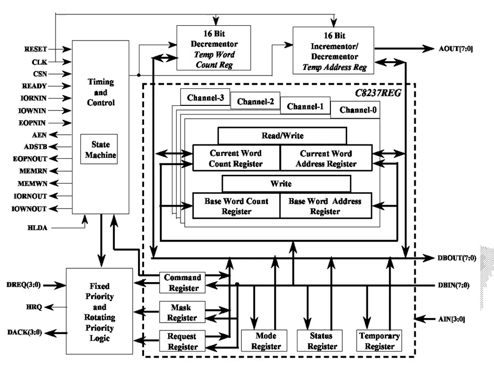In this we are having the different registers, as you are seeing in this diagram. Different temporary registers we are having. This is the temporary address register, this is the temporary word register. Status register we are having; this represents in which mode we are using this IC, and that is represented by the status register. Different bits of this status register will represent the different modes of operation or different status of this 8237 IC.